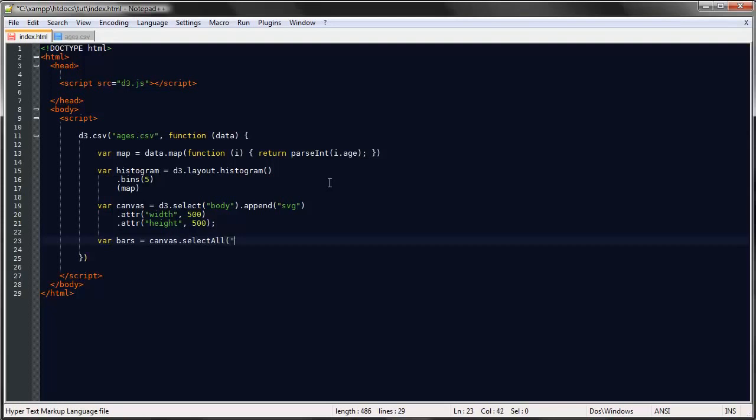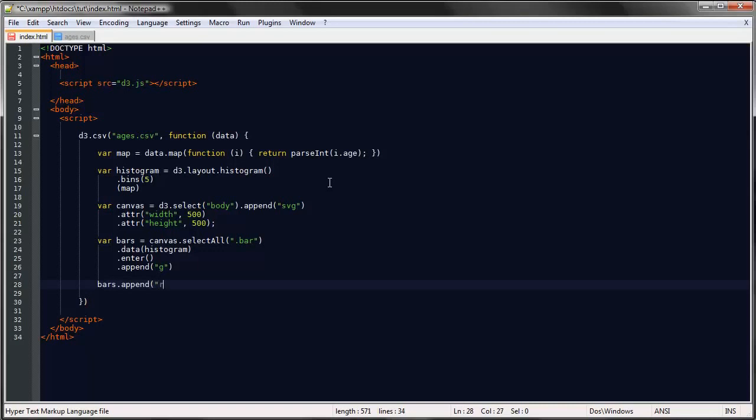So we'll say select all bar, data is coming from the histogram, enter, and then we'll append a G element. Now to each G element we'll append a rectangle, which is the actual bar. So let's say bars dot append rect,